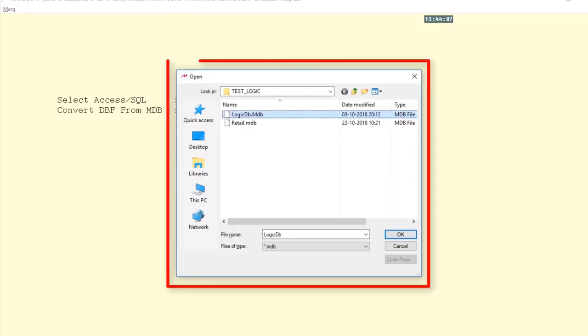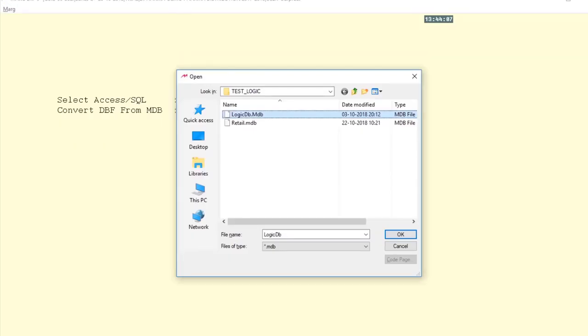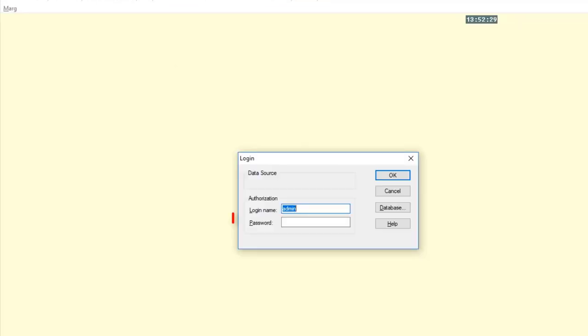As you select yes, an open window will appear from where you will go to the location in which the backup data of the client is stored. Now select the data and click OK. Now you will see the software is asking you to enter the password. In some cases there is password protection on MDB data and in some cases there is not. As the data of this client is password protected, that's why it is asking for the password.